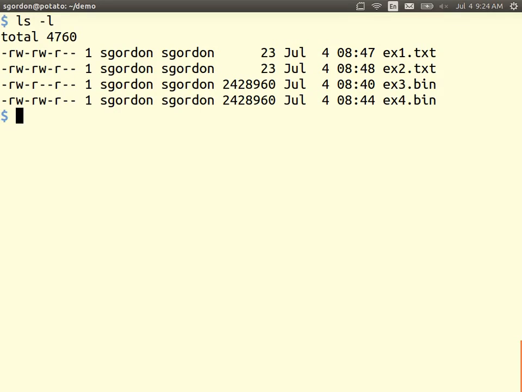EX1 is just a text file with a simple message. Hello, this is a demo. So it's just an ASCII file. Length is 23 bytes. Okay, there are 23 characters if you include the new line. We can calculate the hash. I have a program called SHA-256-SUM. A hash is also called a checksum. So the program, SHA is the algorithm. There are different variations of SHA. There's one that produces a